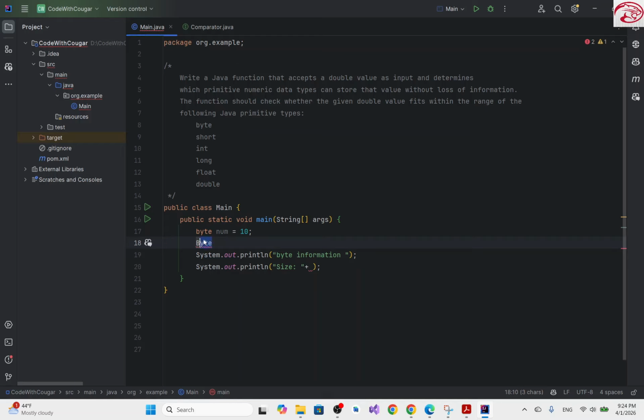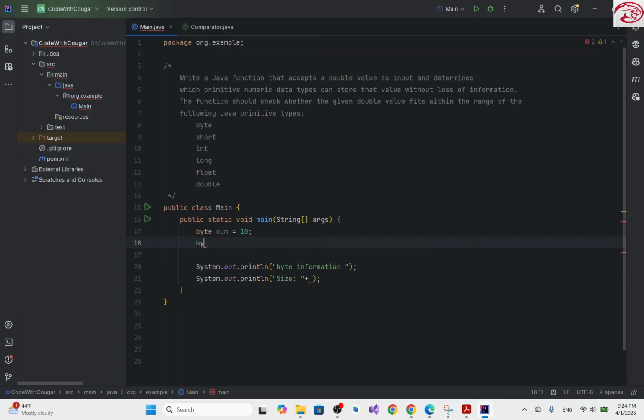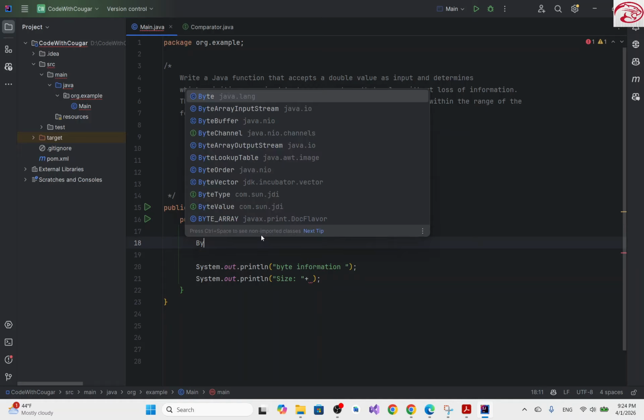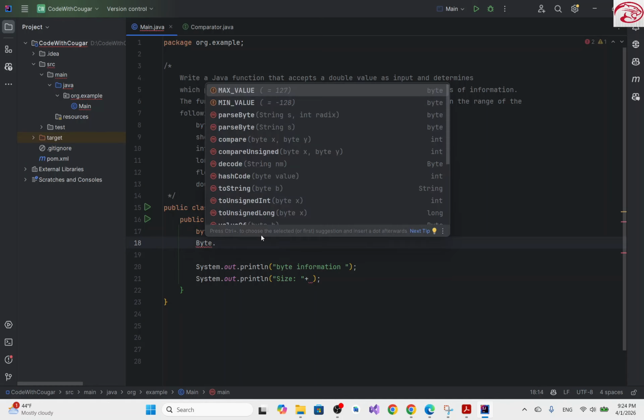So using this class, we can access some methods and properties of the byte data type. Since this is a primitive type, or a simple type, I cannot access anything with that. If I press dot, I don't see any method or any field for that. But if I take the wrapper class, I'll say Byte dot, I can see a lot of methods and properties